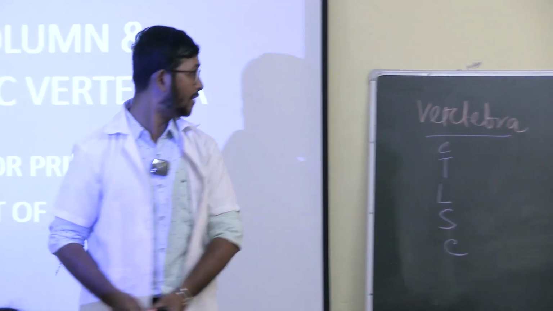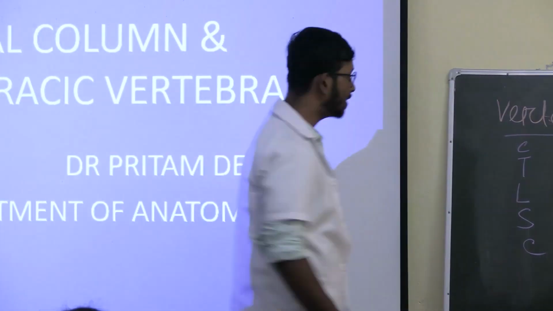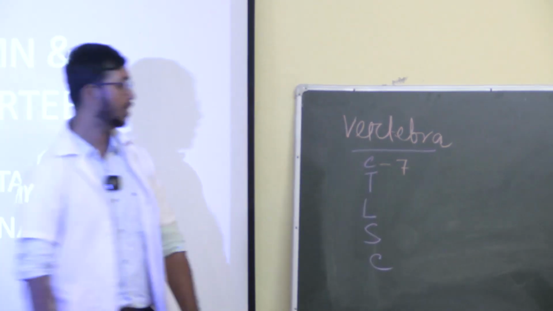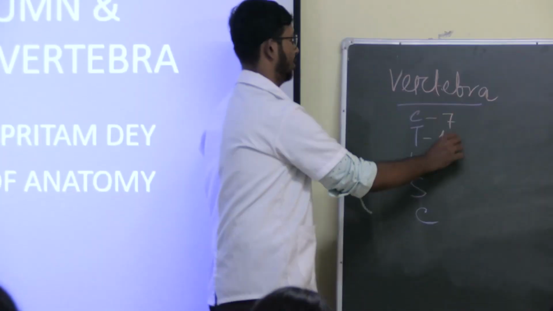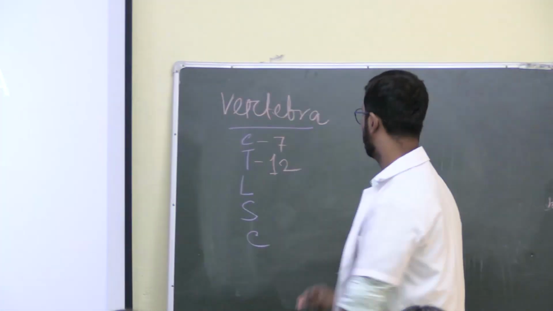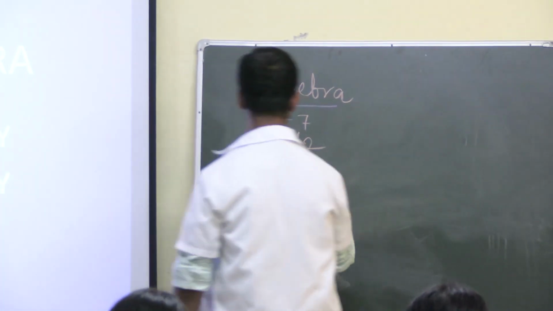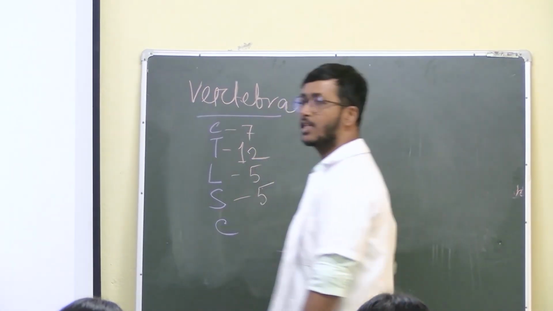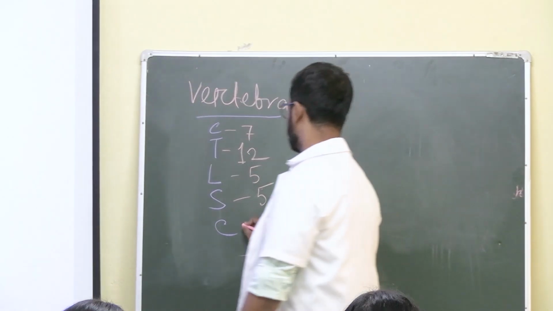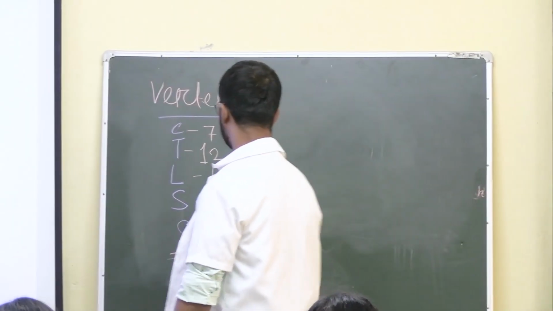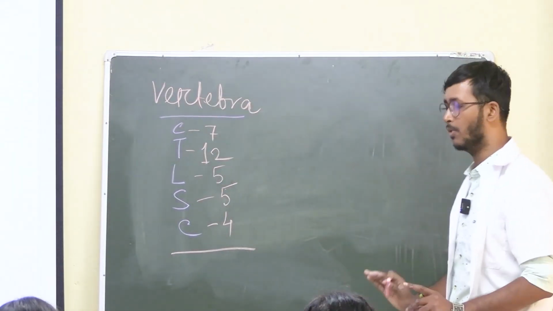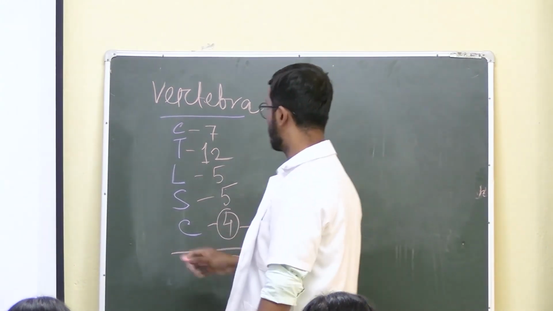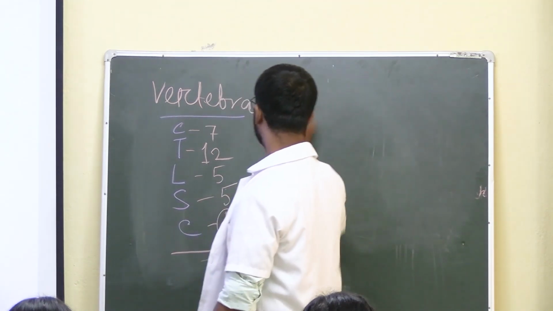There are 7 cervical vertebrae, 12 thoracic vertebrae, 5 lumbar vertebrae, then sacral, 5, and coccyx, 4. This fusion occurs later in life, but initially these vertebrae are present. Later these 4 vertebrae get fused and form a single coccyx, but in the initial phase we have a total of 33